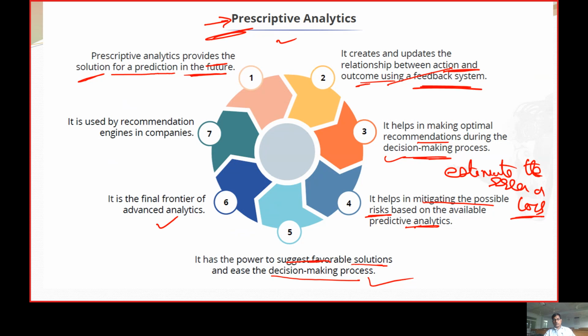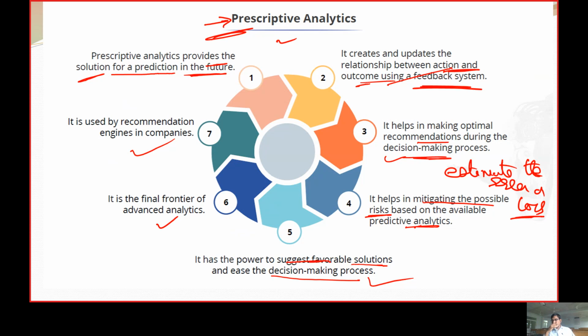So this is what we were talking about, that prescriptive analysis is a novel approach which has been implemented in the industry to understand the patterns, to understand the behavior, and to correlate between the decisions taken and the feedback, and how the outcomes were shaped by the decision. In this way, prescriptive analysis was so strongly superimposed. And nowadays these are being taken up in the form of recommendation engines.